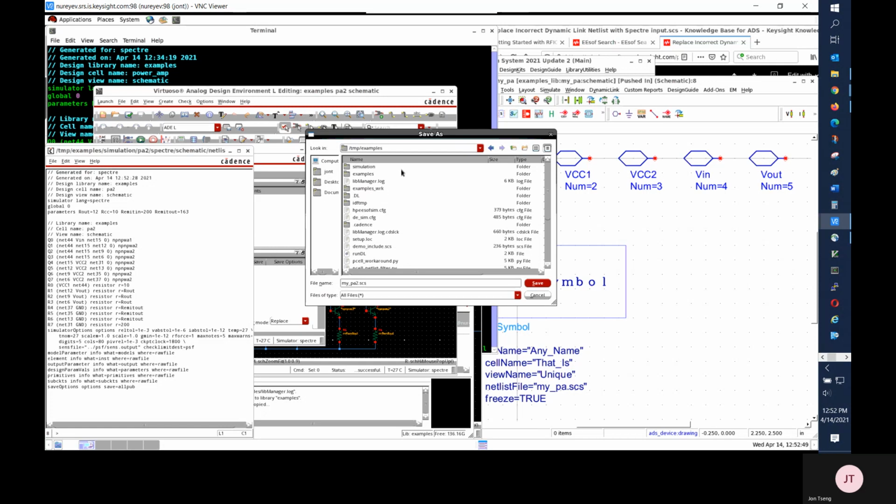You can see that VCC1 and VCC2 are all in uppercase now. I will save this my pa2.scs under the examples workspace.